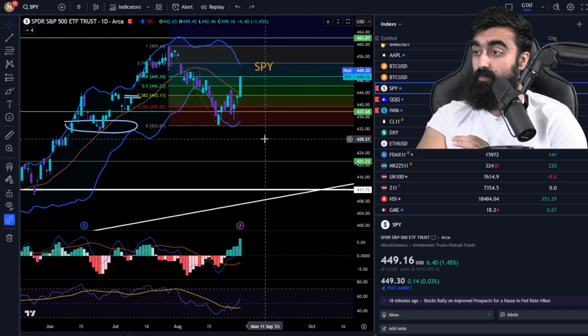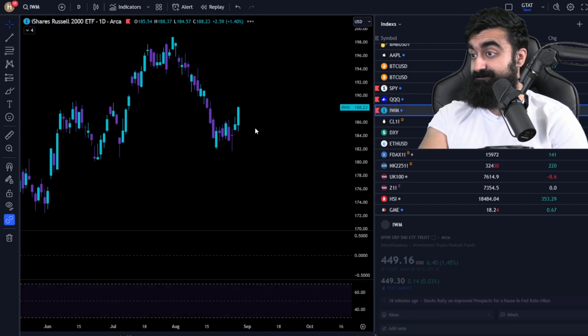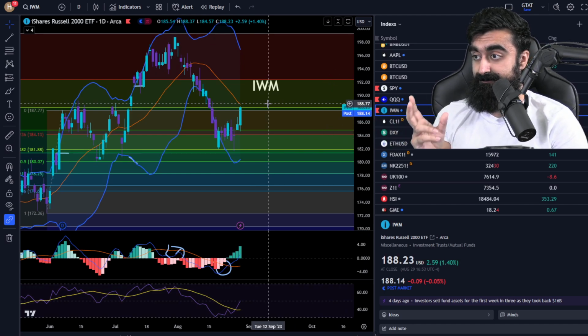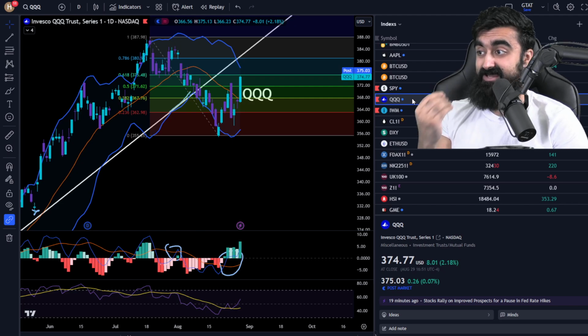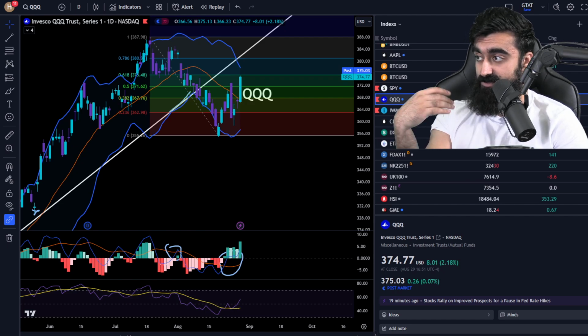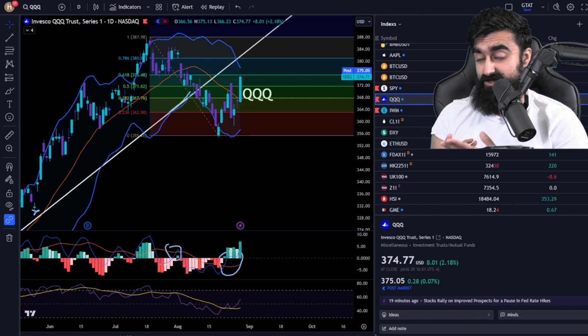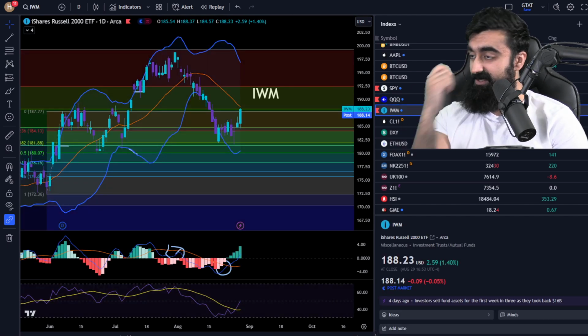So one of the main reasons why I shorted the Dow instead of the IWM or the SPY is because, first of all, the IWM and the Dow are both very similar in terms of where they are on the chart. But the NASDAQ has a lot of strength from the tech stocks. It is also the biggest winner, right? So the NASDAQ has a lot of strength backing it up from the tech. The S&P also, because of the NASDAQ, has that strength as well. And then the IWM, basically there's a lot of